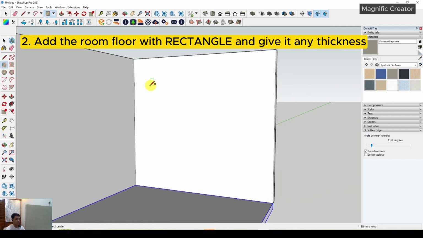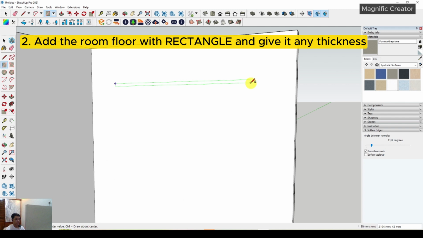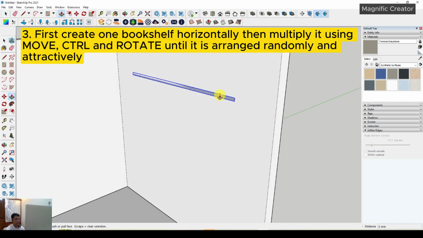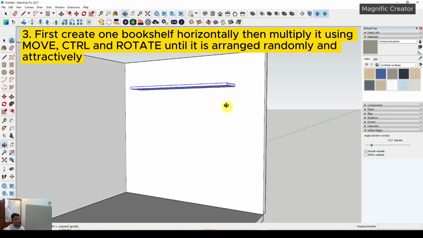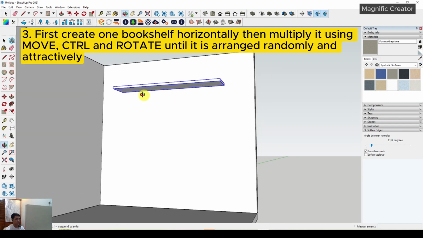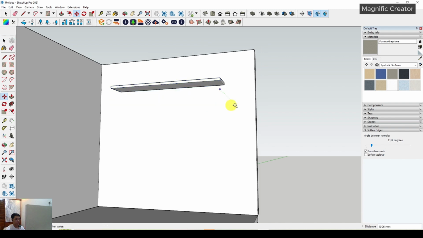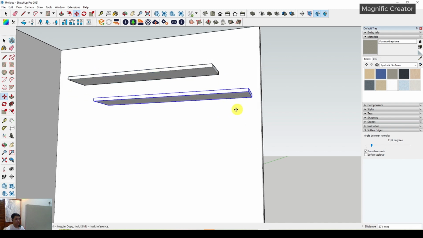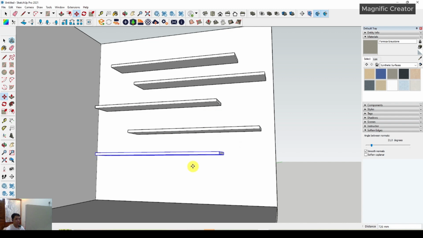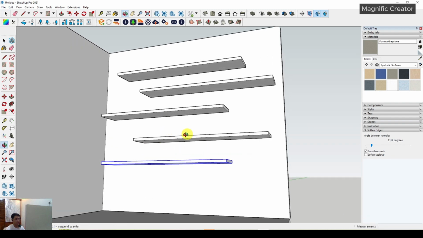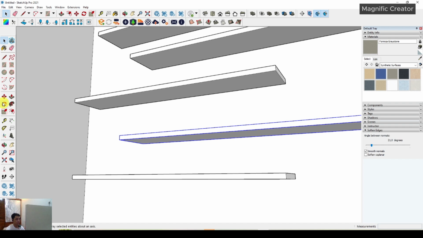rectangle in any position right here, maybe like this, and then you have to push it to the front. It's around 392 millimeters approximately. After that you have to move it and press Control. You have to move and press Control and just move it to any position, something like this. Okay, and then you can rotate all of the